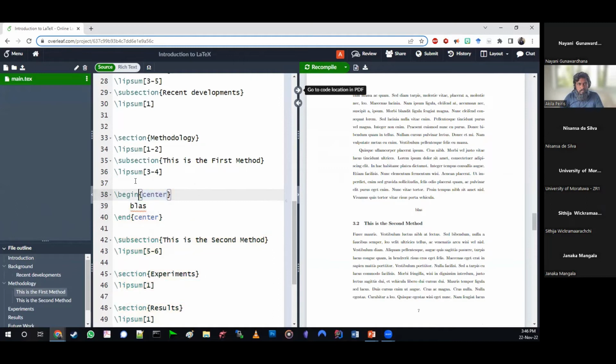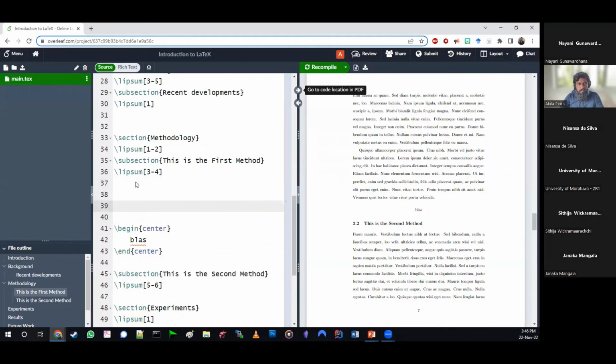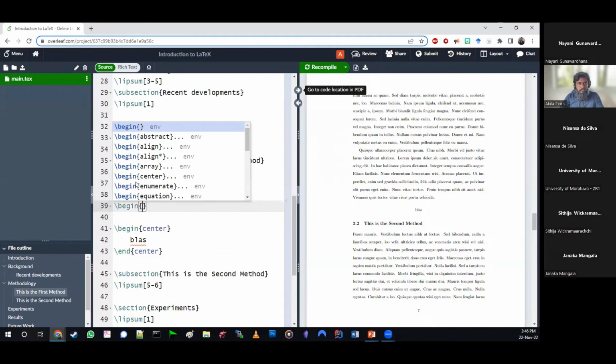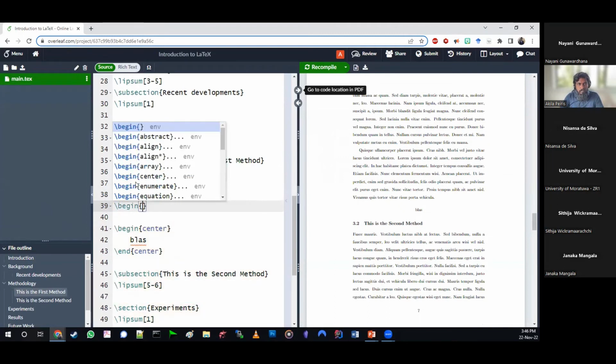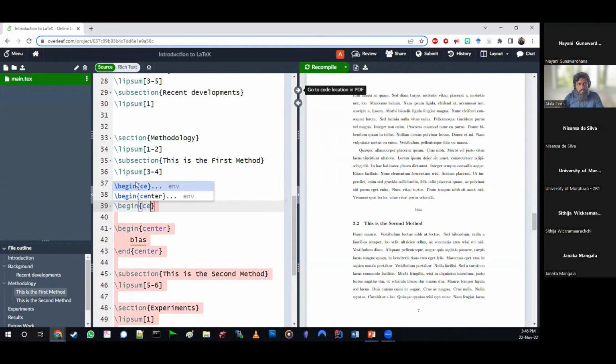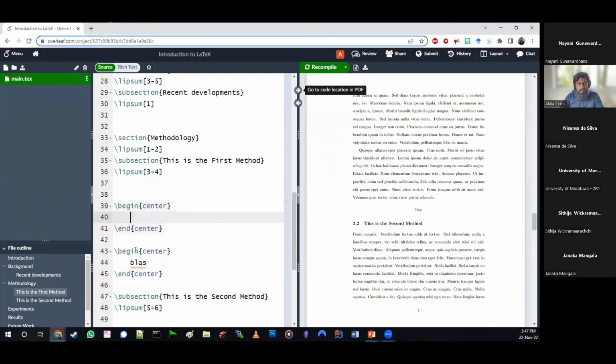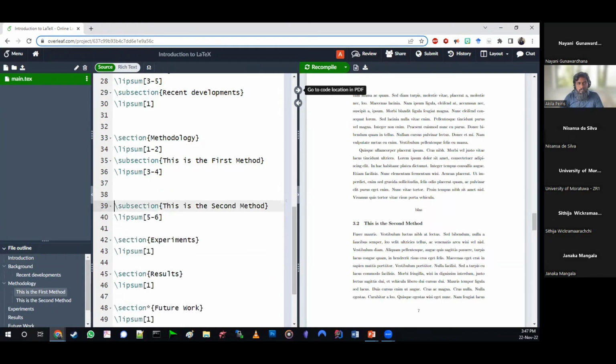Another thing that is very easy is when you start typing, you can say begin and then put the environment name and so on and so forth. If you press enter, it appears. Let's get rid of that block and move on. Okay.